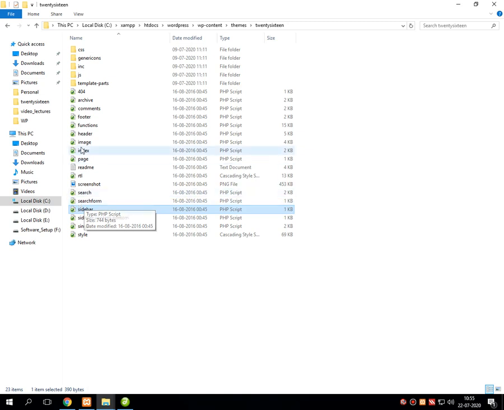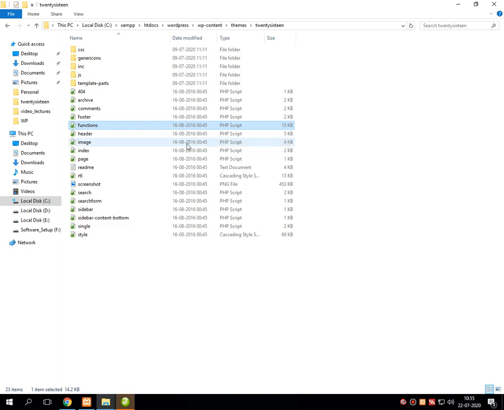It's optional, but some files need to be included in the development, that is header.php, footer.php, index.php, and